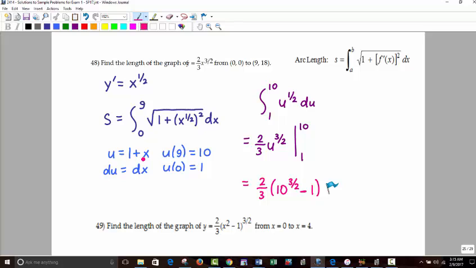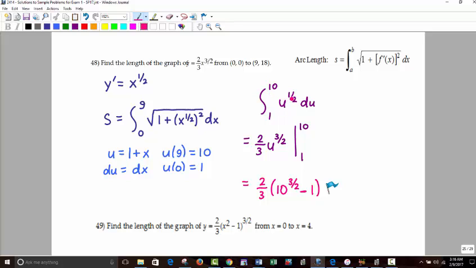So if I let u be 1 plus x, du will be dx. I'm always a big fan of changing the limits of integration. I think that's the way to go, because once you convert it to u, you never have to go back to x again. It's by far the best way to do it. So you put 9 in there. 1 plus 9 makes 10. 0, 1 plus 0 makes 1. So we go from 1 to 10,